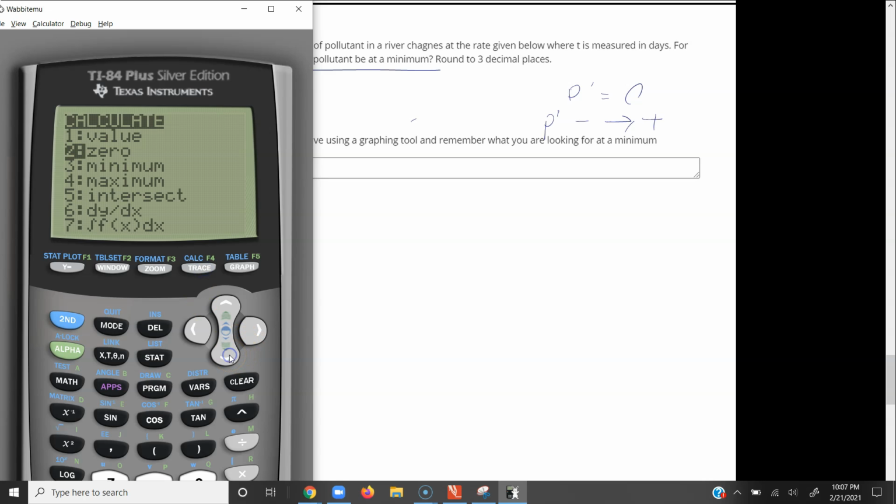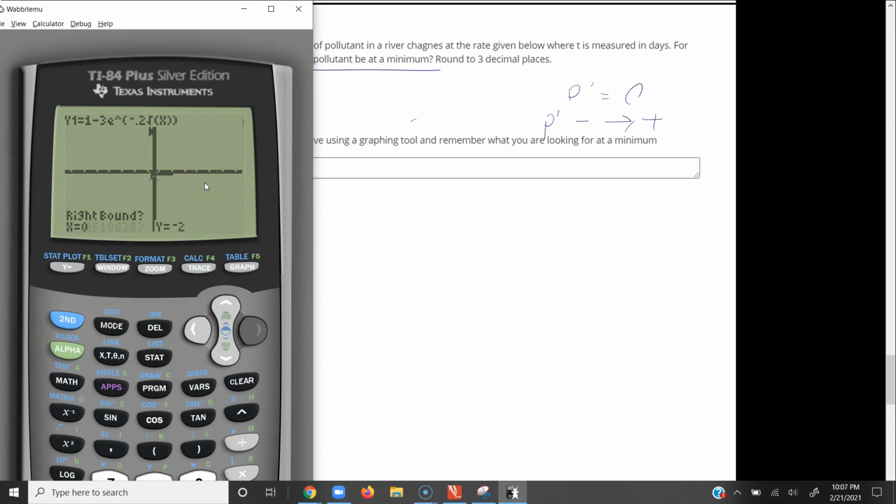You guys have done this before. So do second calc 0, and then it's going to ask for a left bound, and you can leave it on x equals 0 because we're talking about days, right? So we don't care about the negative region at all. And then for the right bound, I'm just going to go to the right for a long time, and I'm going to watch my y, because notice my y is negative right now, and as I move to the right, it becomes positive eventually. So I know my intercept, my 0, is going to be somewhere in there, and I say yes, enter, and I get